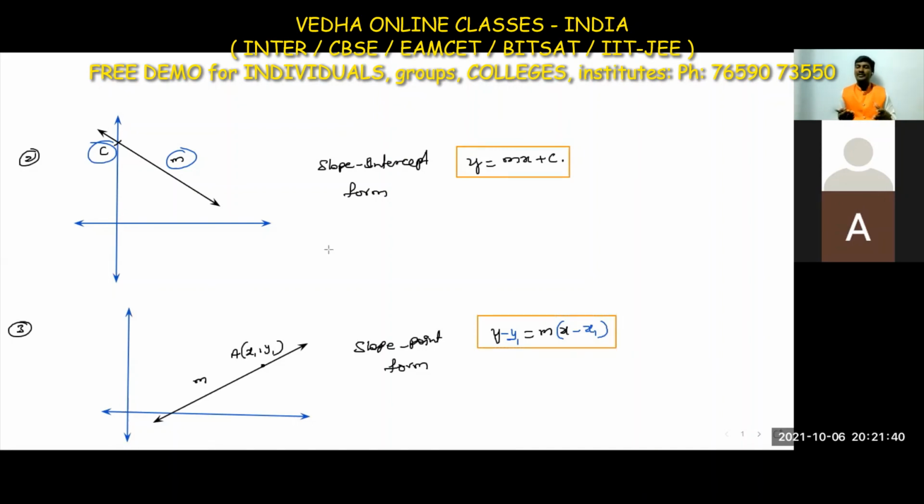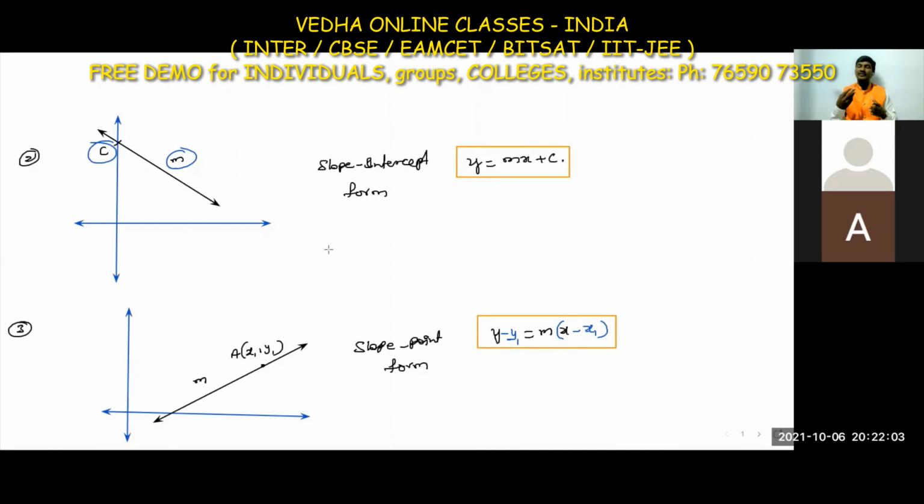Slope form: y is equal to mx. Yes. Okay. What is the slope formula we have when theta is given? Slope m is equal to tan theta. Repeat once again. Slope m is equal to tan theta. Again, slope m is equal to tan theta. When two points are given,